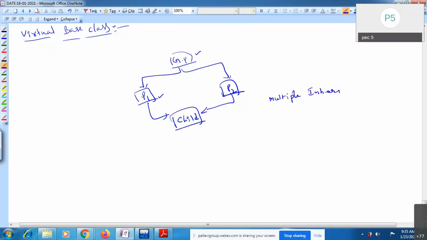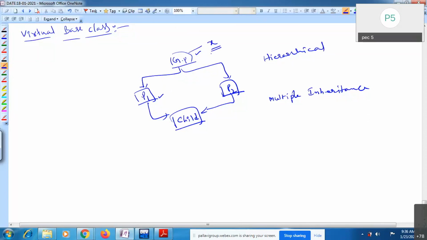See, in this case, what happens? You have grandparent, two parents. For example, in grandparent you have one data member, suppose X is there. Consider this is public only. Don't go with private. If it is private, you cannot access it inside the parent classes also.